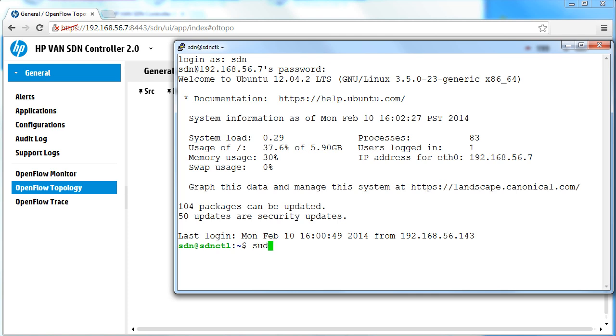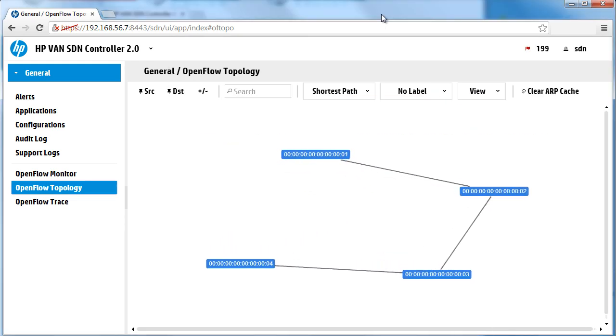So in Ubuntu, I'm going to type sudo mininet. I'm going to specify a topology of linear with 4 switches. That essentially creates 4 switches back to back. In this case, we're going to specify that the controller is remote, and we could specify an IP address of the controller, but in this case, the controller is running on the same machine as Mininet. Mininet has its own built-in controller, which we don't want to use. In this example, we want to use the HP WAN SDN controller, so we're telling Mininet that we're using a remote controller. Enter the password, which is Skyline, hit enter,